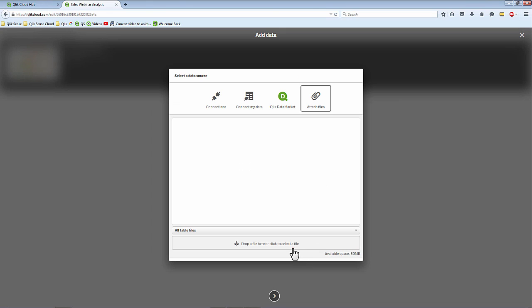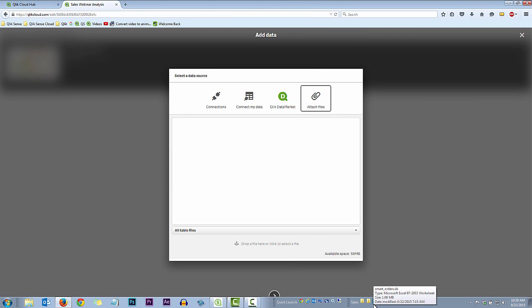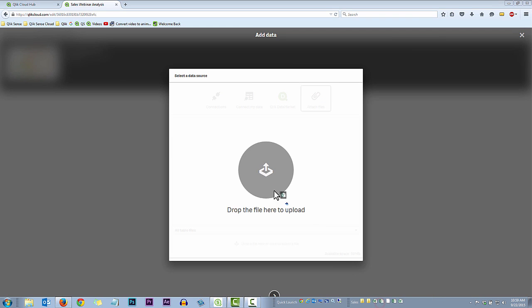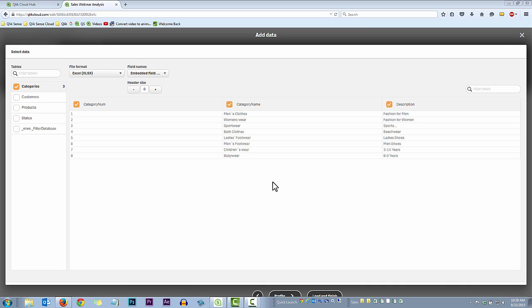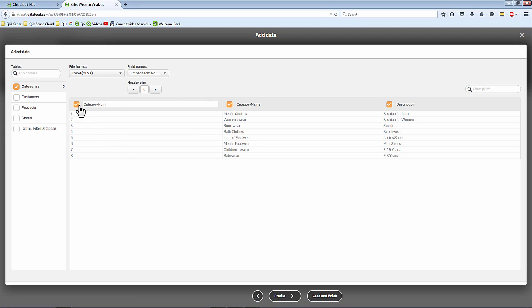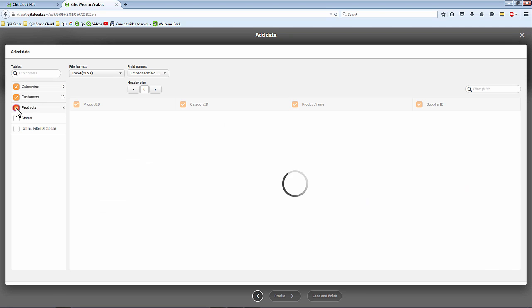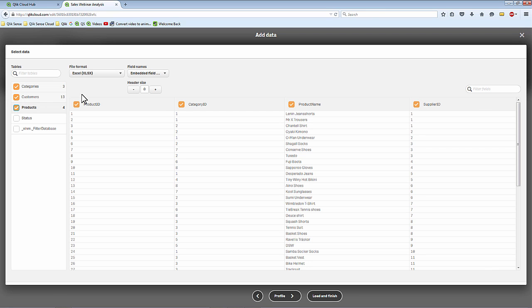So here I can drag and drop files or select from the Explorer interface. In this case, I have some file data in the form of an Excel spreadsheet. And what I'm going to do is just drag it and drop it. And it uploads it. And now it'll interpret it. So the Excel spreadsheet has a number of tabs in it. Each tab is represented as a table. I have my actual column names that I could rename or deselect or select, as well as choose the additional tabs. In this case, they become tables.